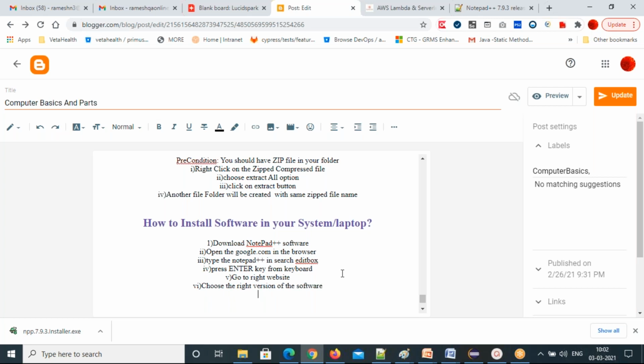Then click on downloads. So then the exe file will be downloaded. What type of file? A file name dot exe file will be downloaded.